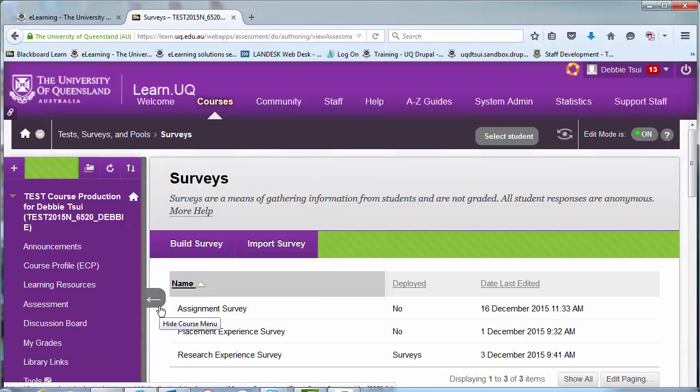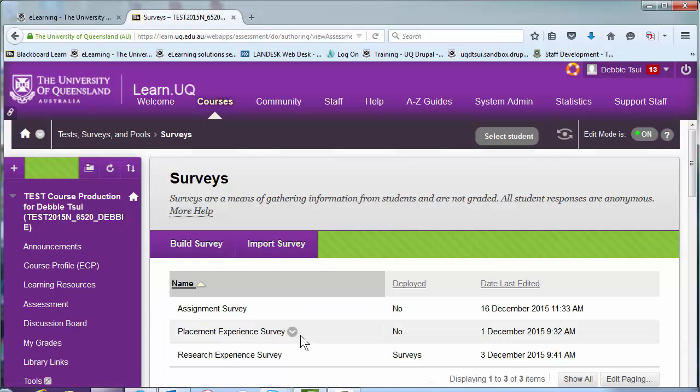Now here you can see there are 3 types of surveys. There is the Assignment Survey, the Placement Experience Survey, and the Research Experience Survey. 2 of these are currently not available, but they have been set up and ready to go. And the Research Experience Survey is already deployed and can be found in the folder located under Surveys. Now, what we are doing in this tutorial is we're going to create a new one. So what we'll do is click on Build Survey,